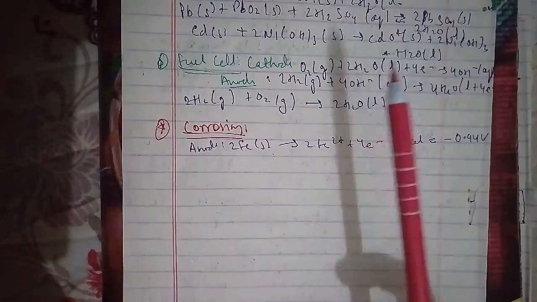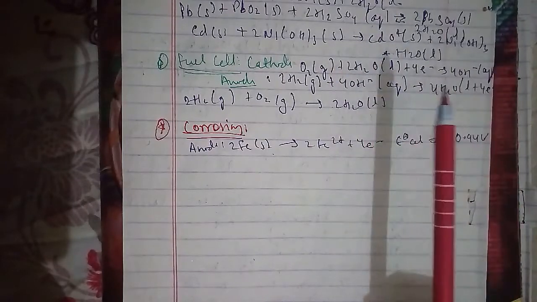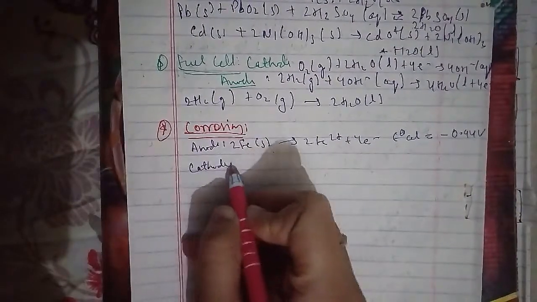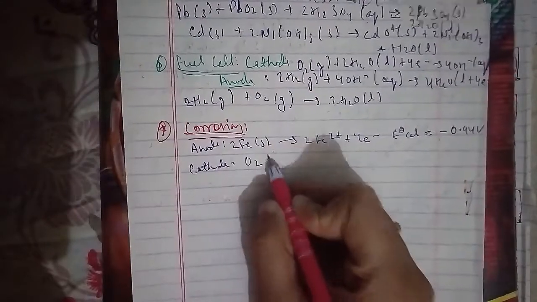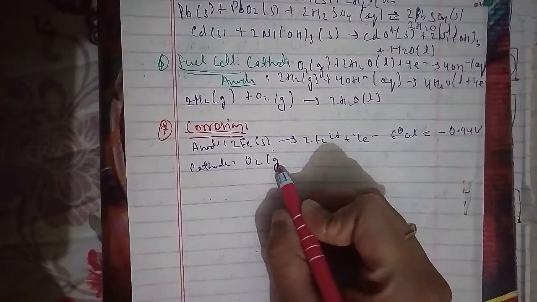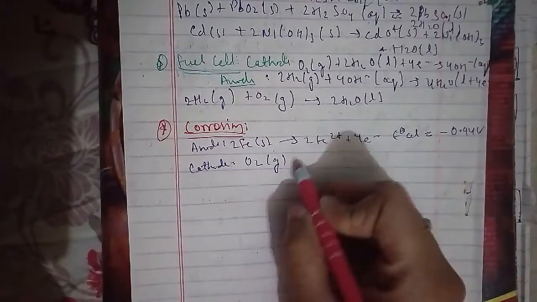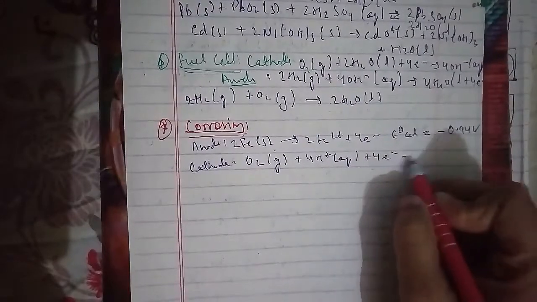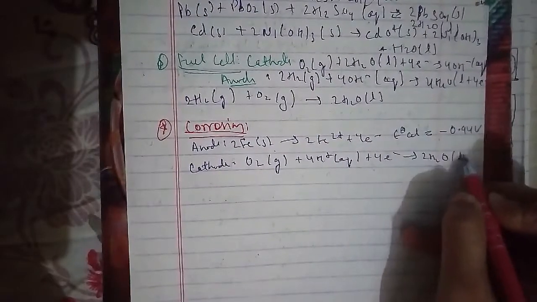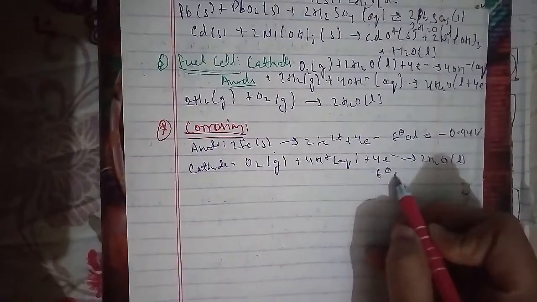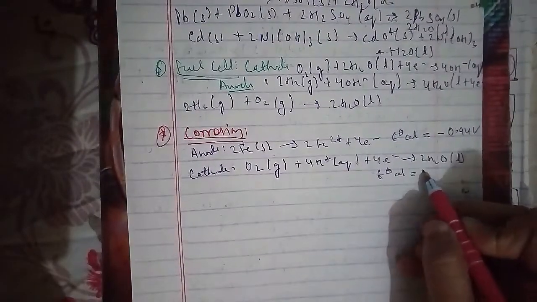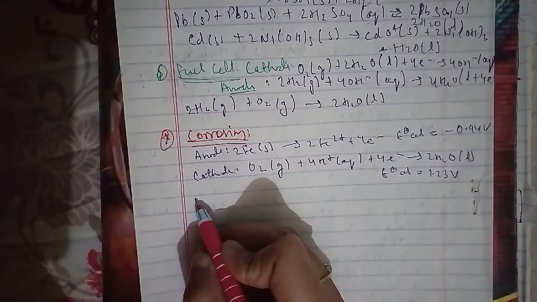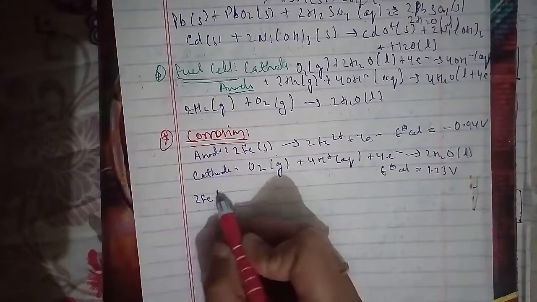The spot that behaves as the cathode has the following reaction. For the cathode: O2 in the form of gas, plus 4H+ aqueous, plus 4e-, gives 2H2O liquid. For this we have E cell equal to 1.23 volt. For the overall reaction, we have